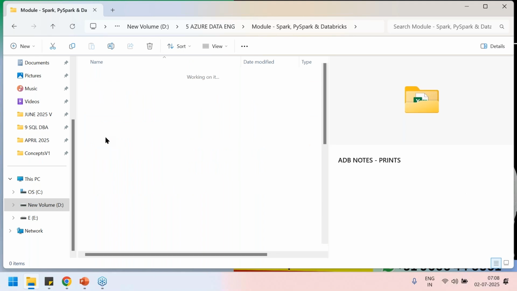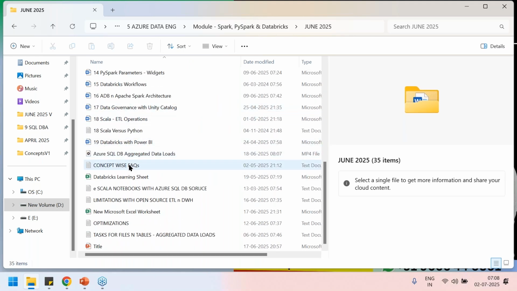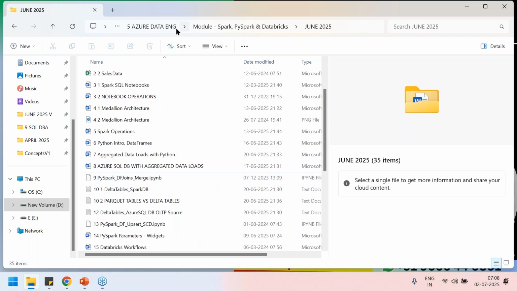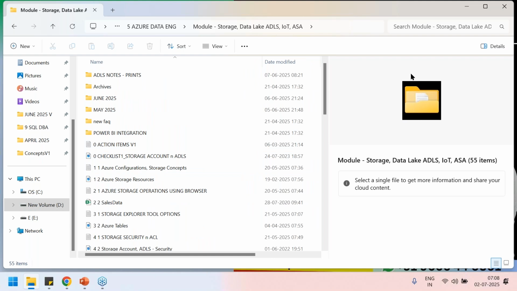For example, I think June, this one, right? Yeah. You'll be given the complete notes, only Word documents, and you'll take the print copies. Get them handy throughout the course. Number 2, also make sure,